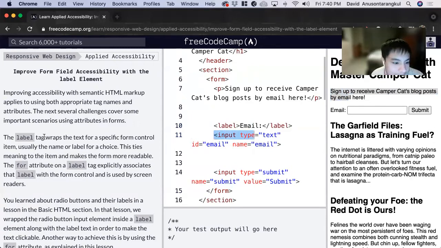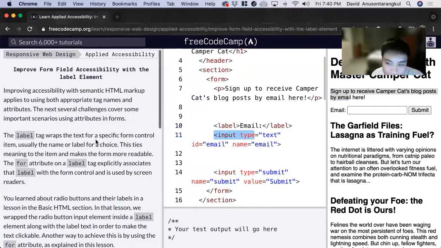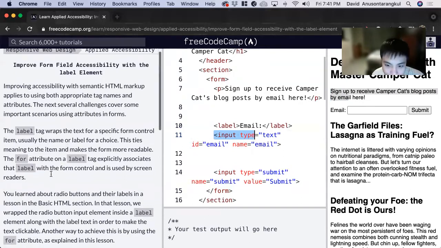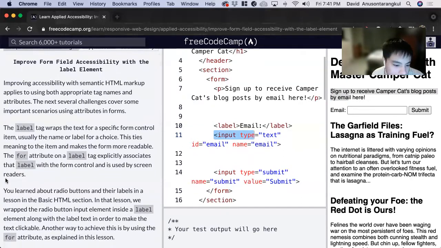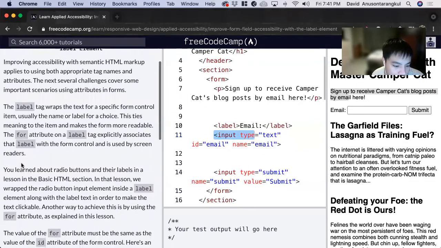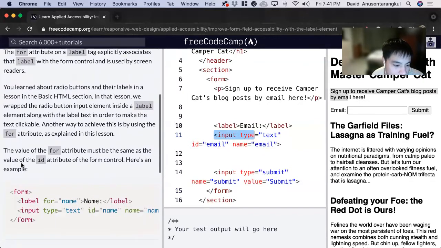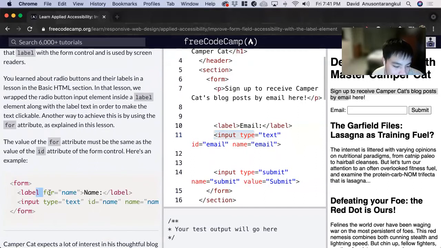So the label tag wraps the text for a specific information control item, usually the name or label for a choice. This ties meaning to the item and makes the form more readable. The for attribute on a label tag explicitly associates that label with the form control and is used by screen readers. So we want to add the for attribute to say what it's for. As you can see in the syntax, this label is for the name, and then the ID is the name